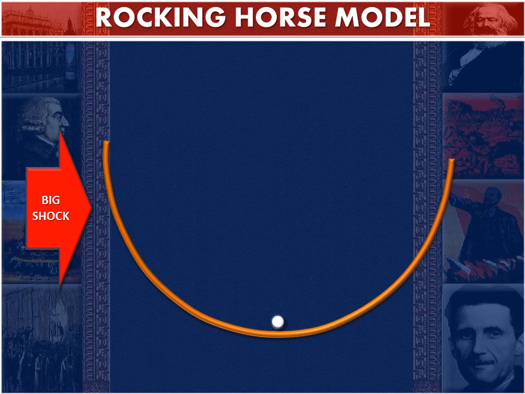And when there are shocks, things that shake this time-space continuum, the price is just going to rock back and forth, but eventually that price is going to settle down at the bottom of this depression. And this is basically what the rocking horse says happens. The economy is basically in balance, right? It's in a depression, the prices are at the bottom, unless you shake it or you drop it or you move it. And those things that happen in the world, famines, wars,